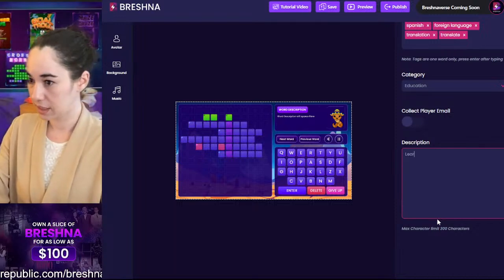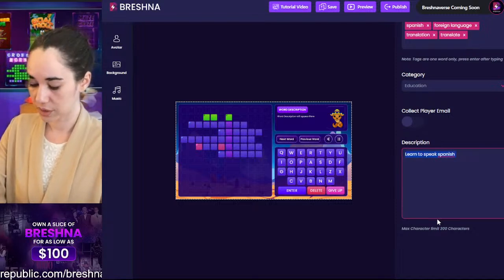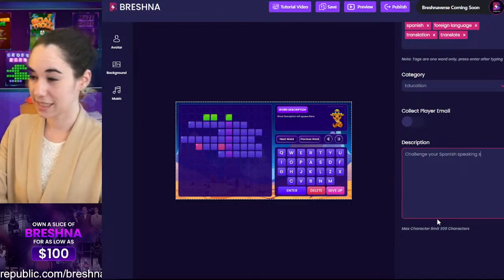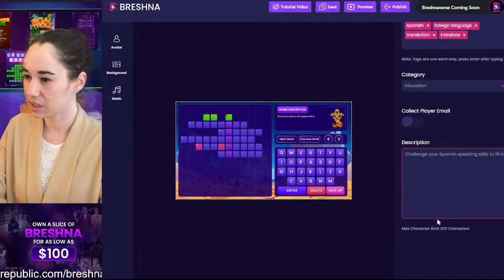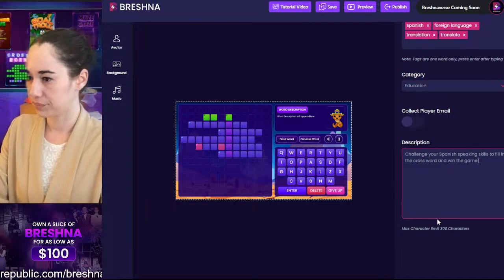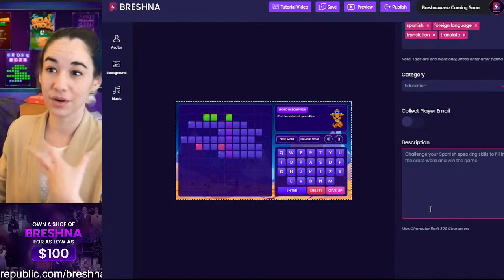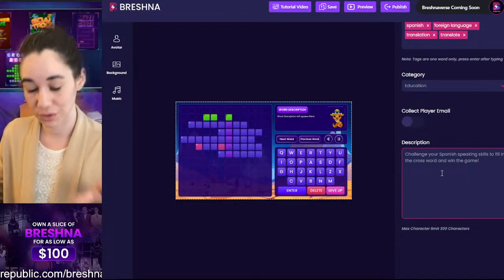So we are here. I'm going to say learn to speak Spanish. Or actually, you know what? Challenge your Spanish speaking skills to fill in the crossword and win the game. And then this is also a really good spot for you to put like your website, maybe your phone number, maybe your Instagram, something like that, especially if you're a tutor. So like